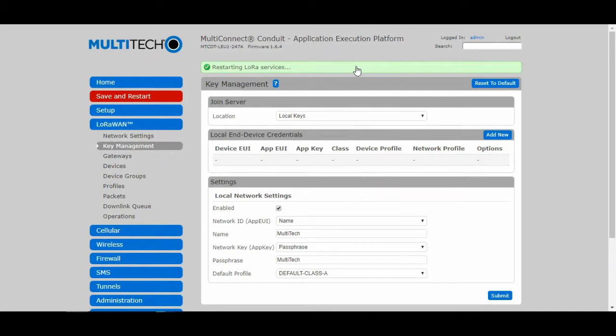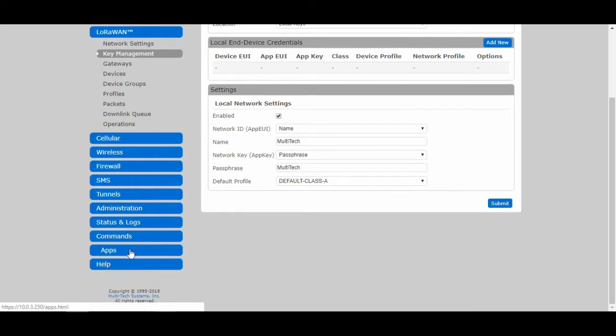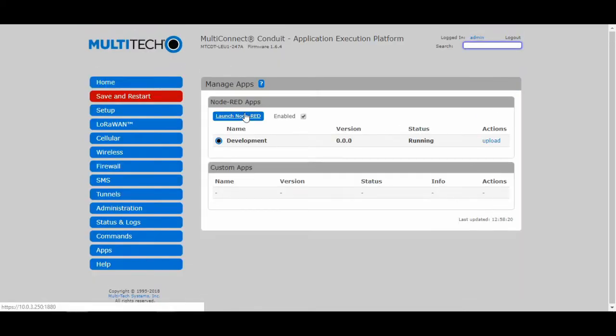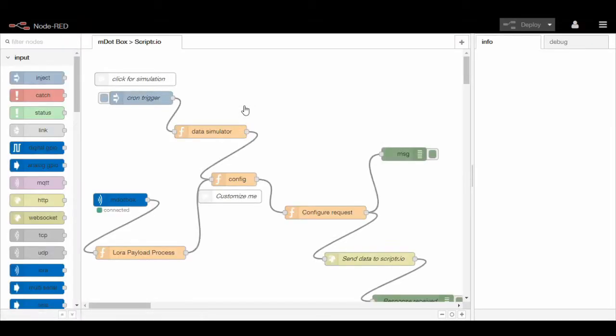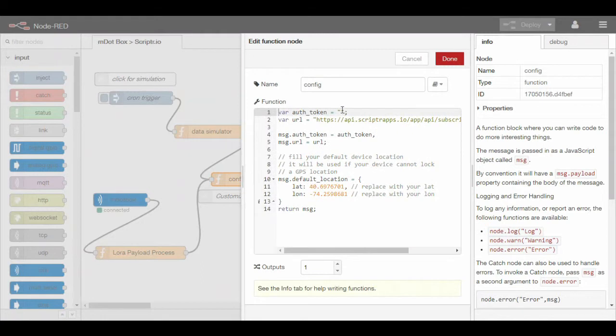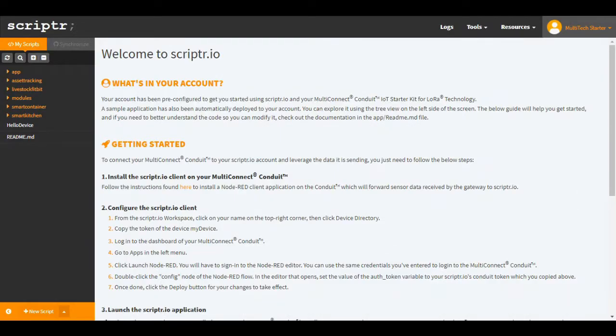Now we need to configure the Node-RED app to use your device's token. For that, launch the Node-RED editor from the Apps menu and log in using your Conduit's admin credentials. Once the app loads in the editor, double-click the config node. To set the auth token variable to your device's token, you need to go to your scriptr.io workspace, open the